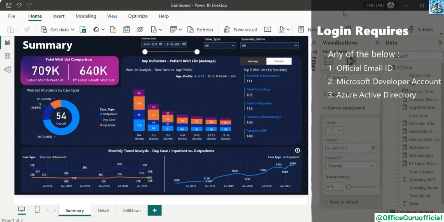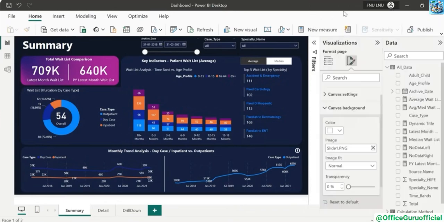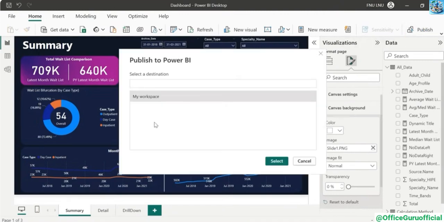There are multiple videos on YouTube on how to use a developer account to log in to your Power BI. You can check that out. Once you have logged in, click on this publish button and then it will show you a prompt where your workspaces will be listed. Since I only have one workspace, which is my workspace, it's showing me only one,